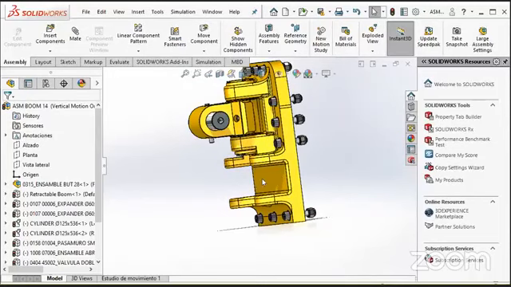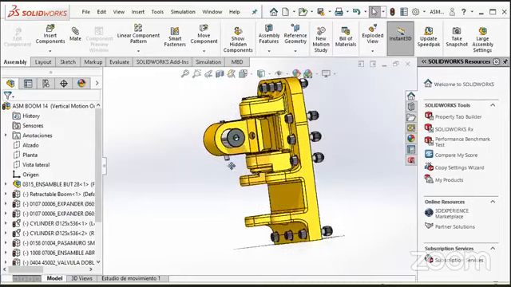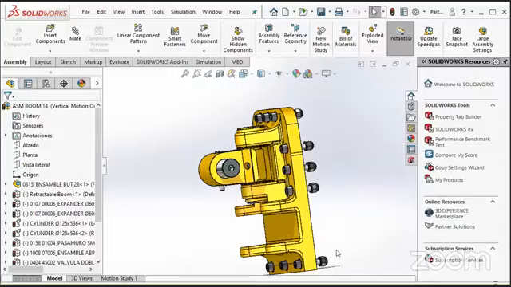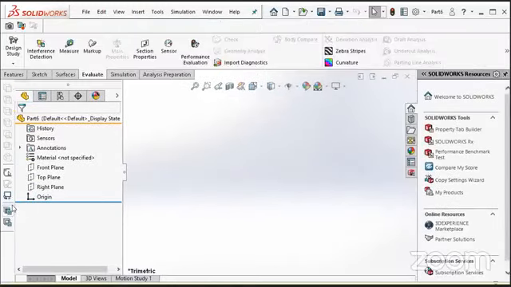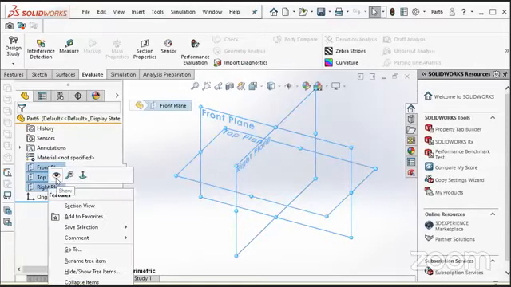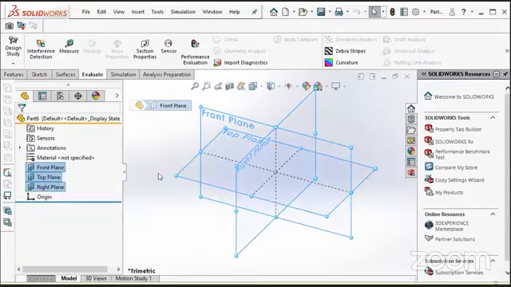To start a new part design, click new. And here we will define the part, click OK. Now in the beginning, as we have only these three reference planes, we will choose one of them and start creating a circle.